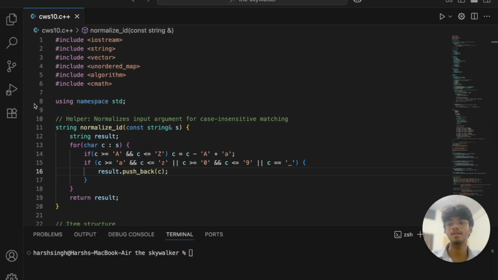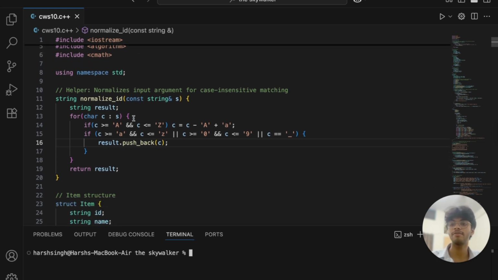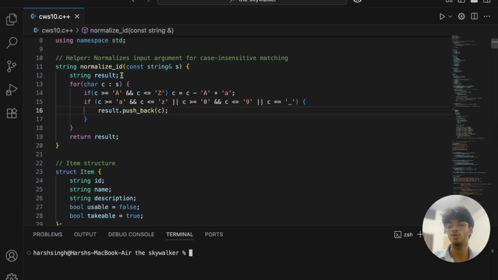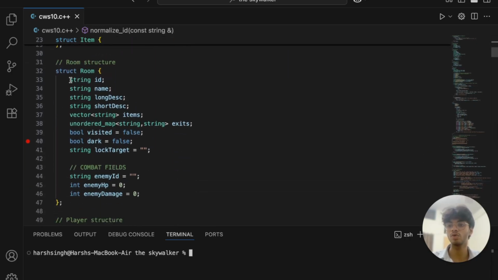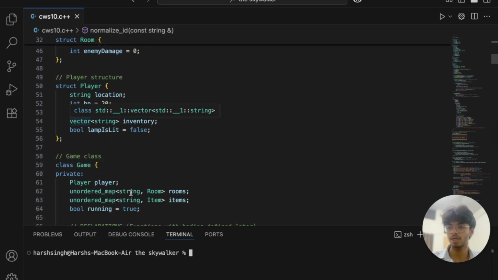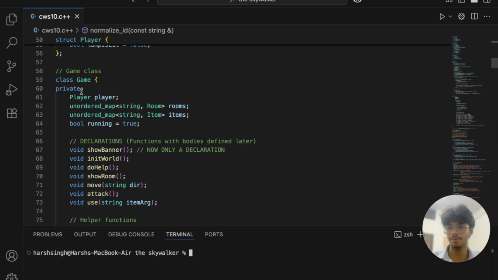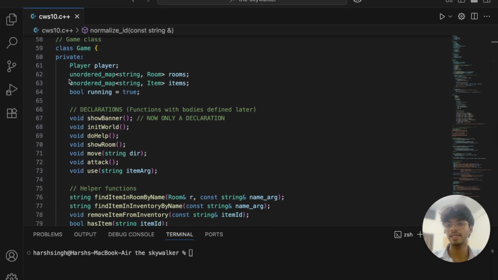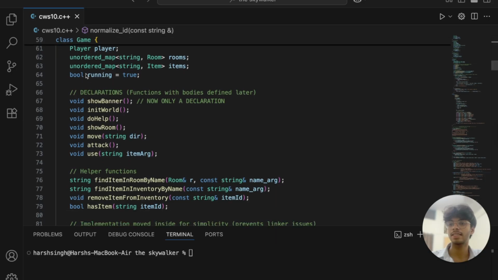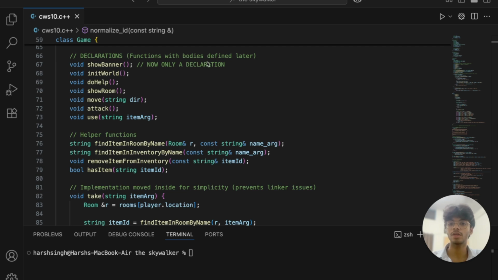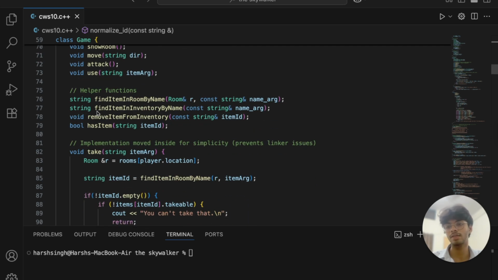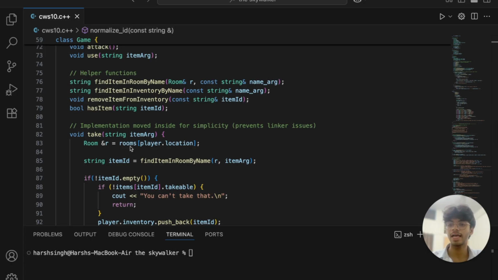Before running the code, let's look at the code first. Here we have included all those libraries. After that, we have used normalize ID to change the user's input into lower case. And then we have defined an item structure. After that, we have defined the room structure, then the player structure, and then we have defined a class Game, in which, in private, we have defined the player, and then these unordered maps and the bool. After that, we have defined some functions whose bodies will be defined later. After that, we have defined the helper functions, and then